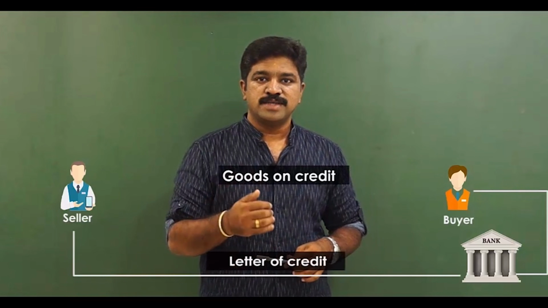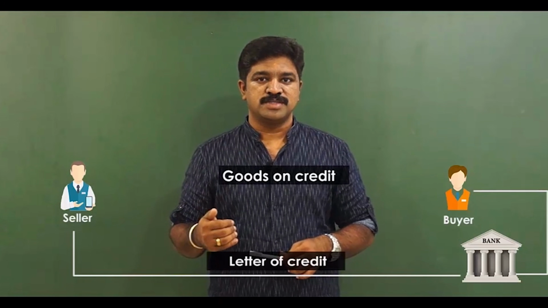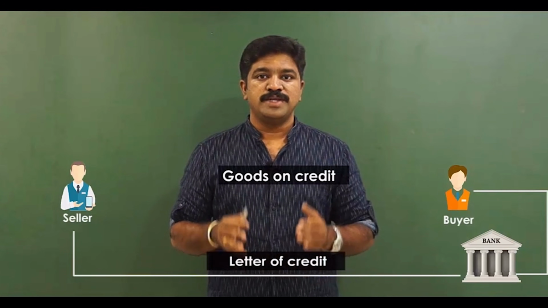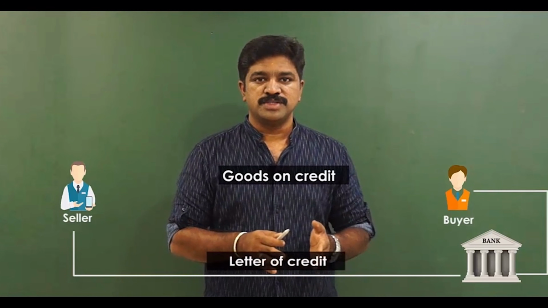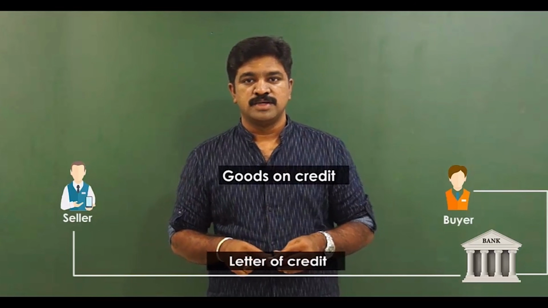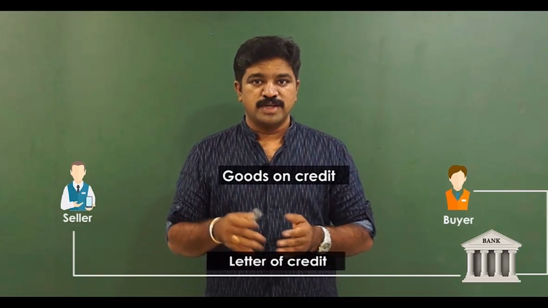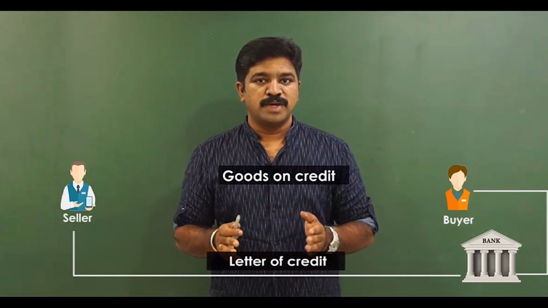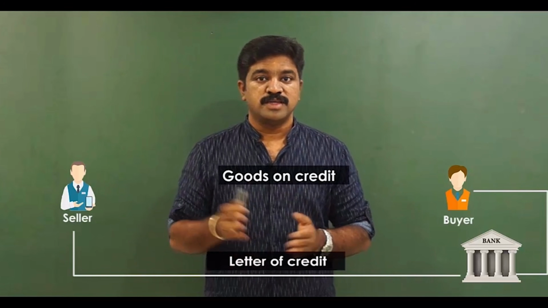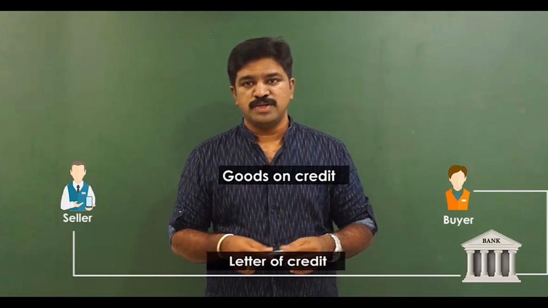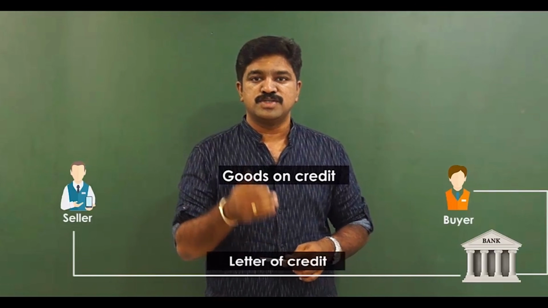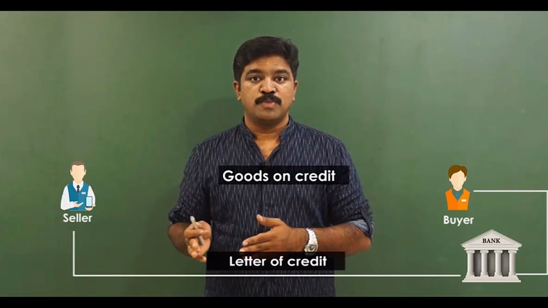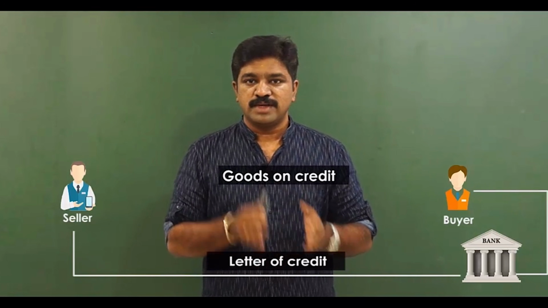That is, you guys agree on conditions and comply with the conditions. Let's say for buying goods, buyer will place certain conditions, and only when seller complies with all the conditions, as a banker we will honor it. Okay. So that will be mentioned in the letter of credit by the buyer's bank to the seller's bank. Now seller has got a big comfort because there is an assurance, and that too from the bank, that buyer will make payment on the due date, and even if buyer does not pay any money, he is going to get that money from the bank provided that seller is complying with all the conditions that are mentioned in the letter of credit.